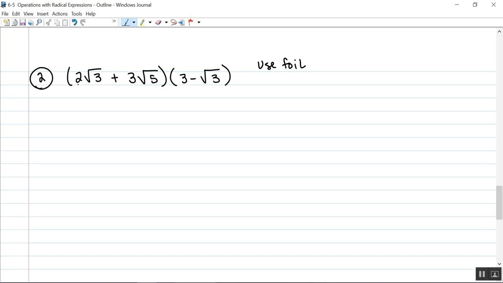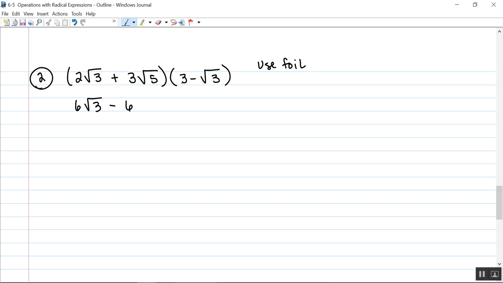Okay, so when I multiply my first, I'll have 2 square root of 3 times 3 gives me 6 square root of 3. My outer, 2 square root of 3 times a negative square root of 3 gives me a negative 2 times 3, which is 6, because square root of 3 times square root of 3 just gives me a 3. Okay, inner,